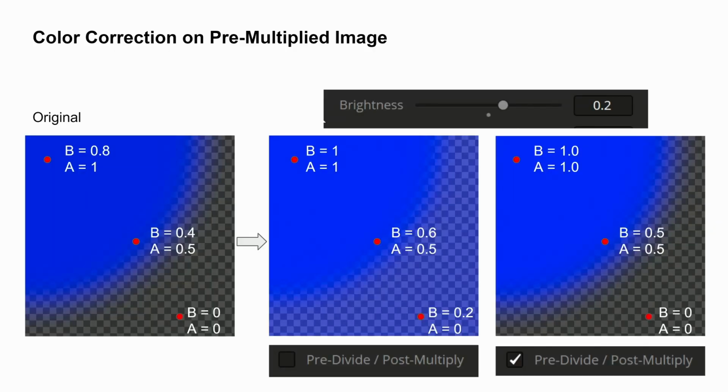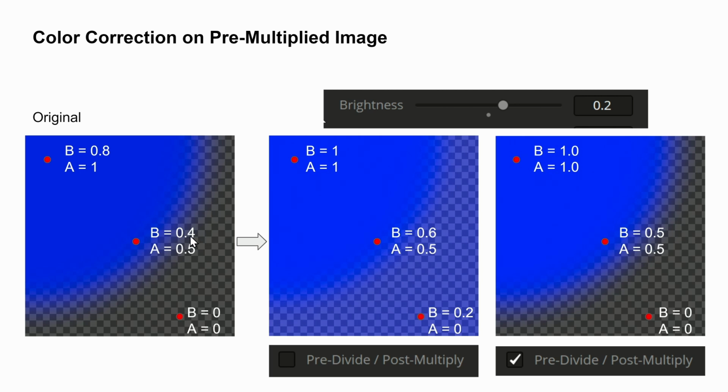So here is my little academic example with values for blue and alpha. In the center, where my sphere is fully opaque, I have blue values of 0.8, because that's how I designed the sphere. Outside, where it's fully transparent, blue and alpha are 0. But at some point at the edge, I have 50% alpha, so 50% transparency. And in that point I would expect the color value to also give a 50% contribution, right? So when it was 0.8 for fully solid, if I can see 50% through, then it should reduce by 50%. So the blue contribution in this pixel should only be 0.4.